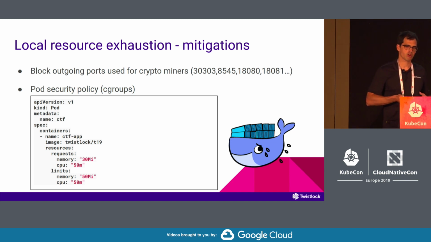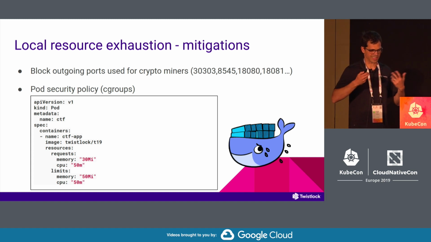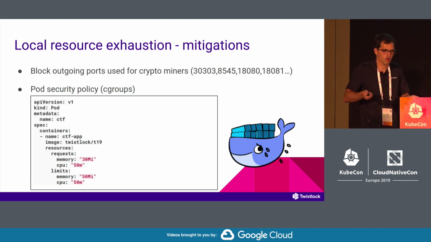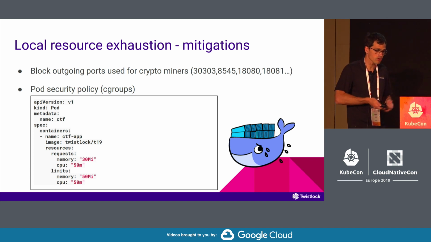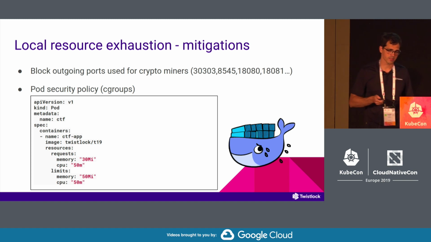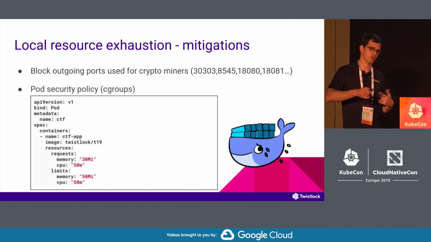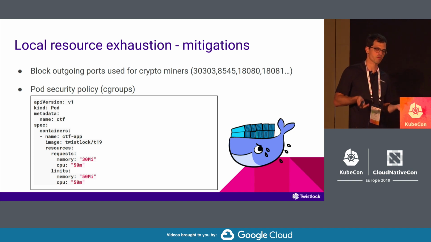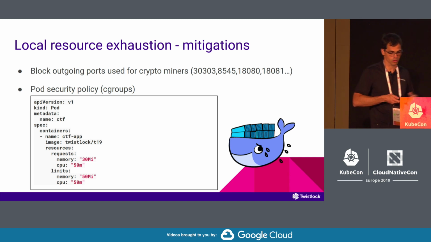However, you can't do that, because in CTF challenges, usually what the attacker does after he performs the first exploit is get a reverse shell, because it's more comfortable for him. So you can't block all outgoing ports, because it needs an outgoing port. But you can block most of the common outgoing ports for crypto miners. And if he gets a remote shell, he will try to manually install a crypto miner. It will not work and he will just give up, hopefully. Again, not a bulletproof solution, but it's quite good and it works.